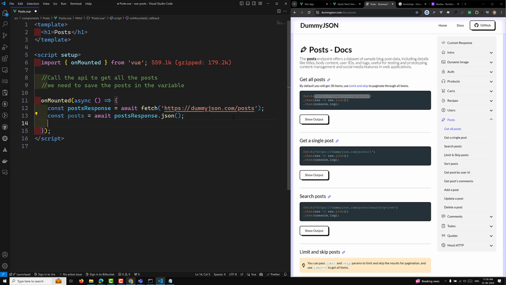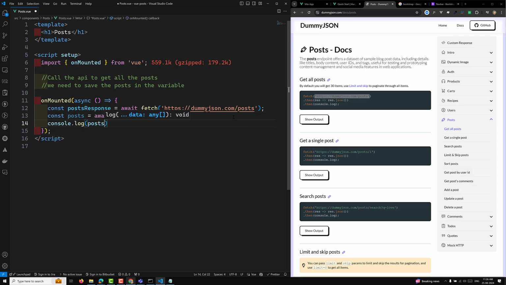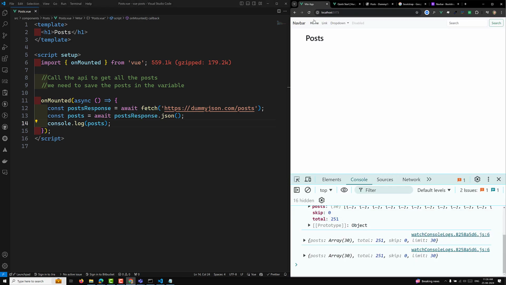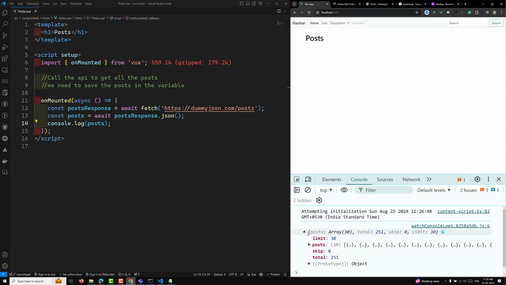So now here if you try to use console.log of post, directly you can see the output. Now here I will try to do it, and here you will be able to see a post data, and here you are having post.post as 30. So now what I will try to do is I will create a